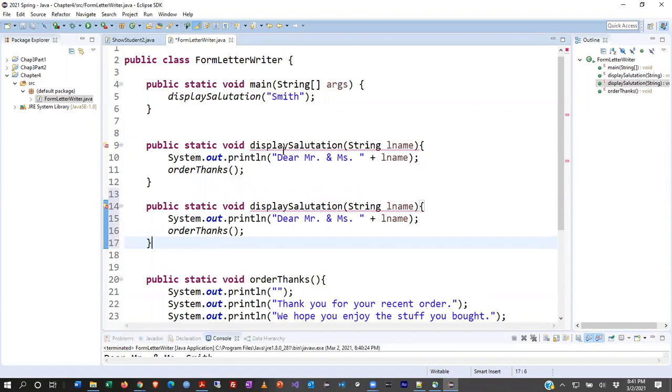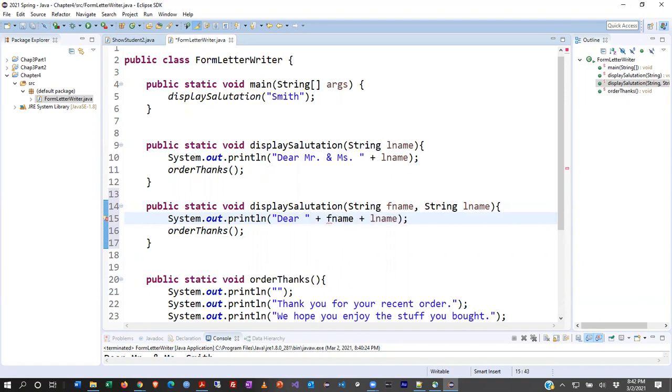Now you notice that when they're both named the same, Eclipse isn't liking that too much. In fact, if you hover, it says rename the method. It's not giving you the overload option, but what we're going to do is create the ability for us to send in more than one variable at a time, or more than one parameter at a time. Now I have the capability of throwing in the first name and the last name in that order. And I'm going to change my output here to go from dear